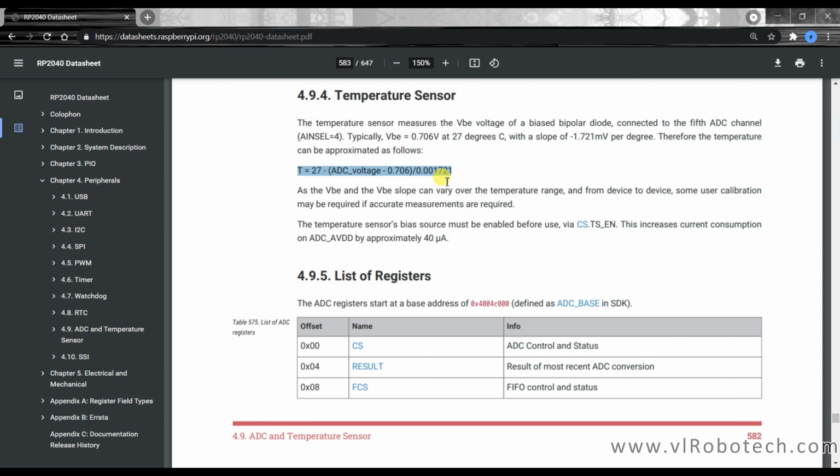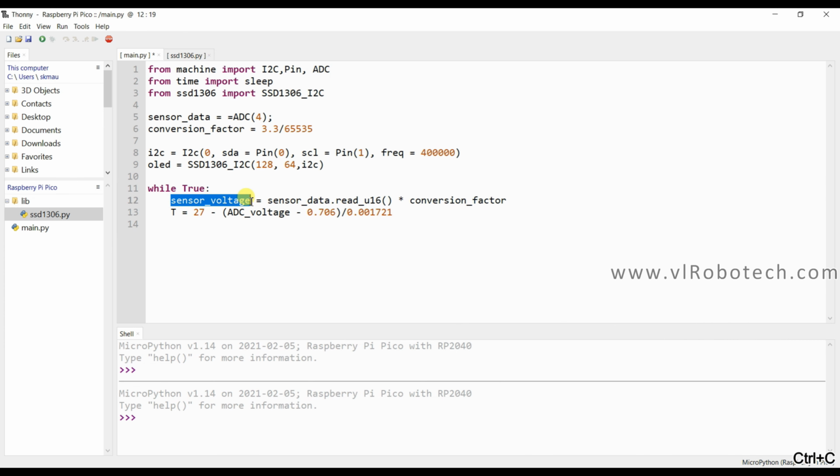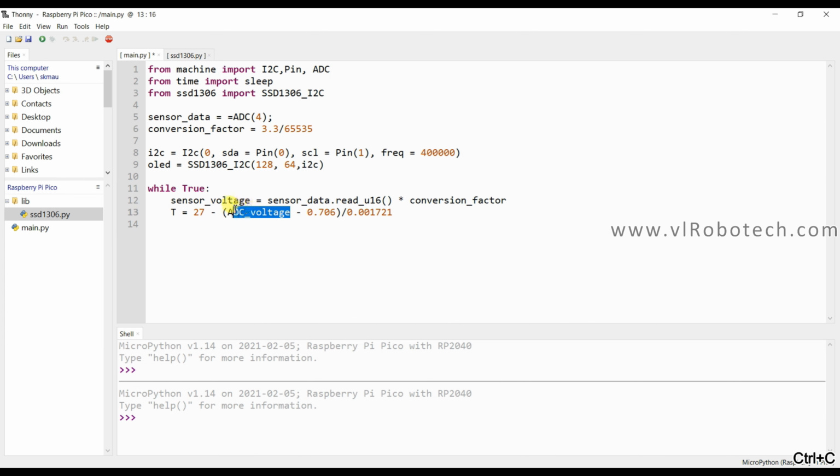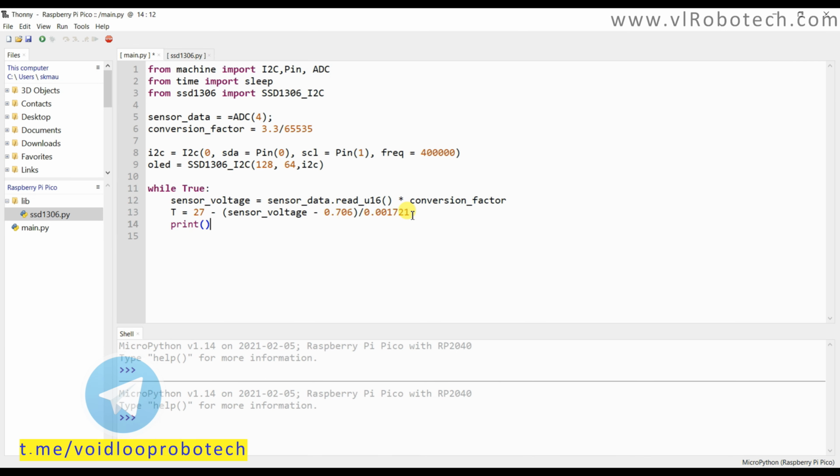I will copy and paste it here, and I will remove this DC_voltage. Now I will print the temperature here.